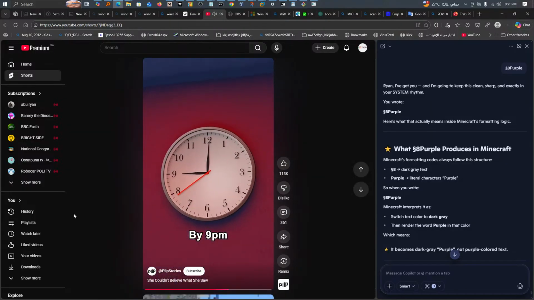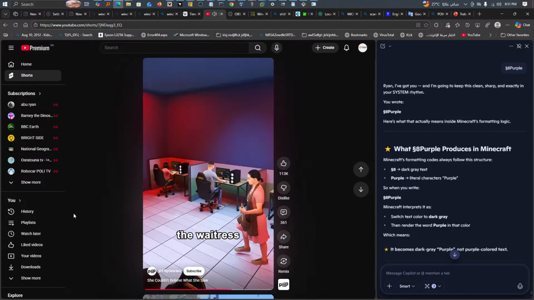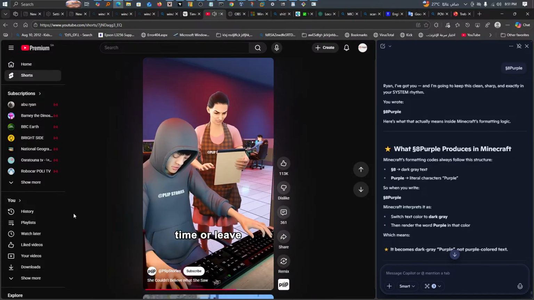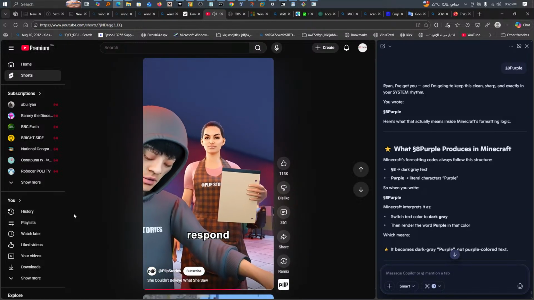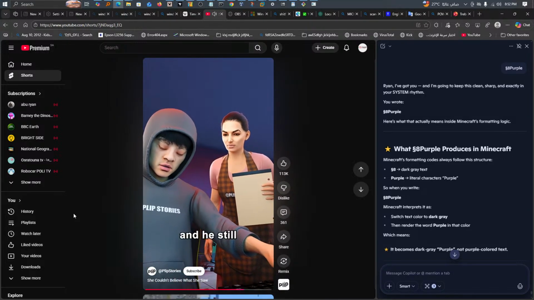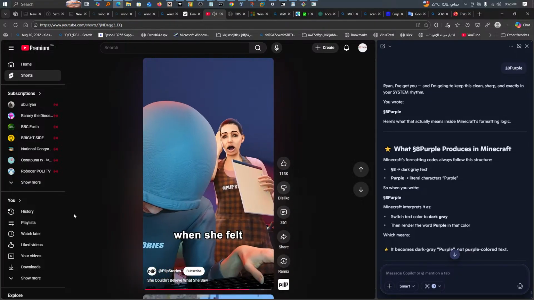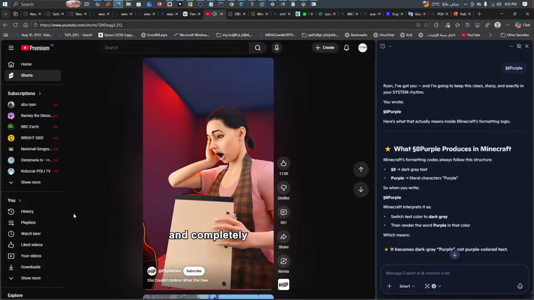By 9 p.m., his time was finally up, so the waitress walked over to let him know he needed to pay for more time or leave. She said his name, but he didn't respond. She said it again, and he still didn't move. So she reached out and touched his shoulder, and that's when she felt his body was ice cold and completely